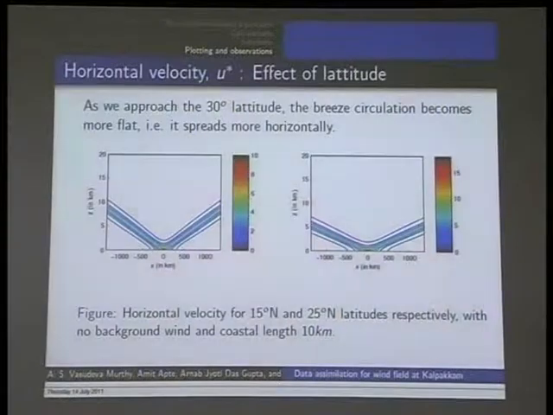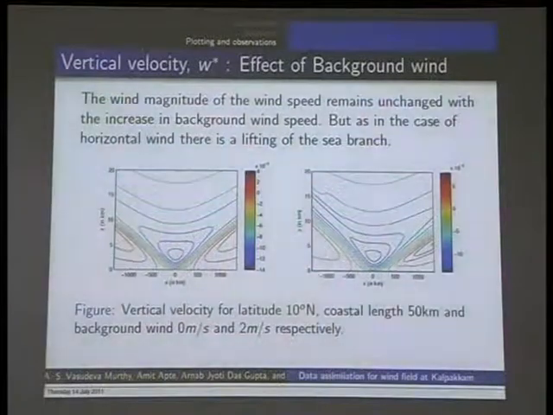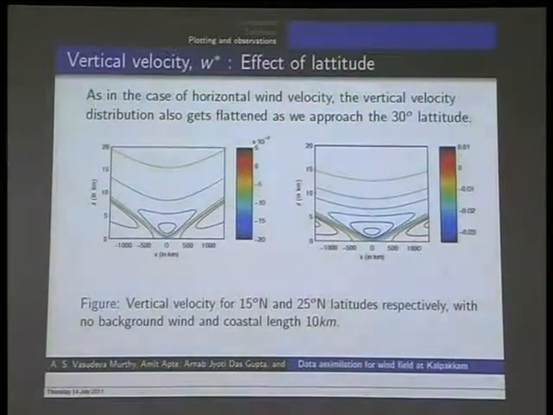And again, the sharp gradients seem to decrease. Of course, nothing significant to conclude out of this. And the same thing with vertical velocity also. So this is the effect of background wind, and a similar result for the effect of latitude. So all you can say is just that gradients are just